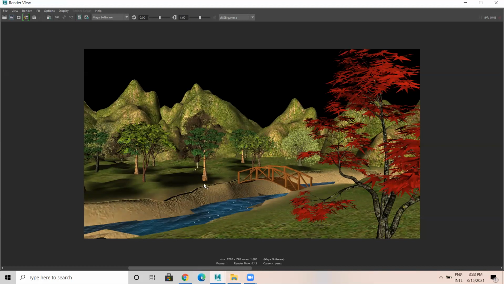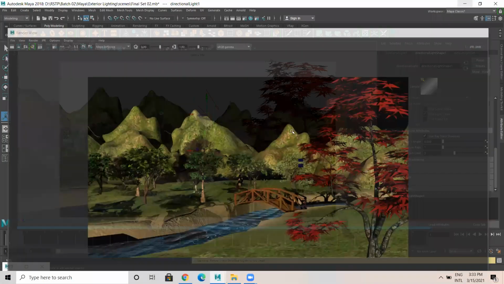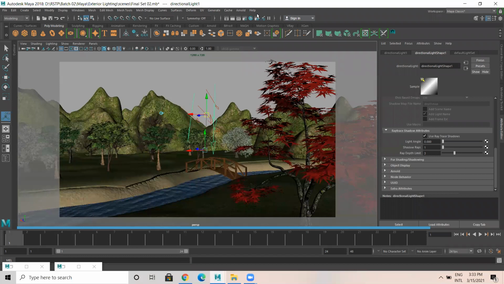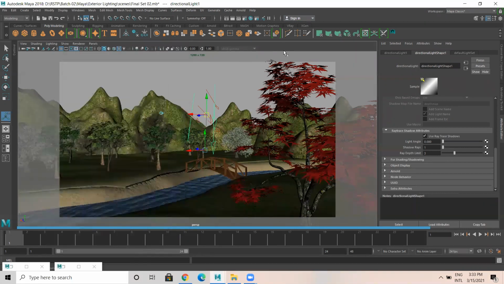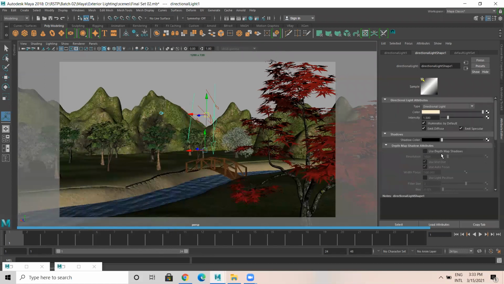This is a depth map shadow, and I can increase the quality of the shadow. So instead of ray tracing, I'll go here. Instead of production quality, I'll go for custom, or a preview quality, which is low quality. I'll turn off ray tracing. Instead of ray trace shadows, I'll use depth map shadow here. Let me increase the quality.